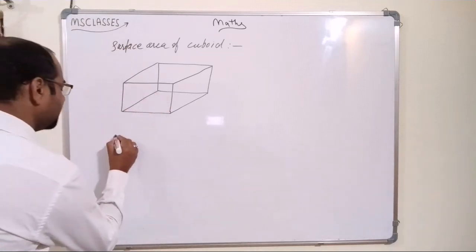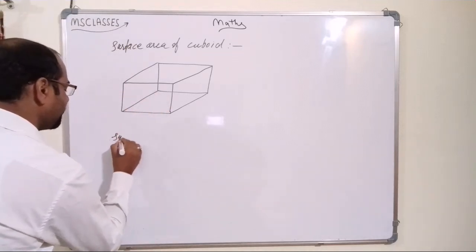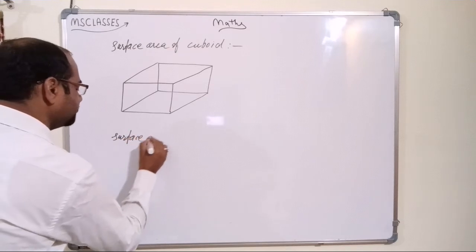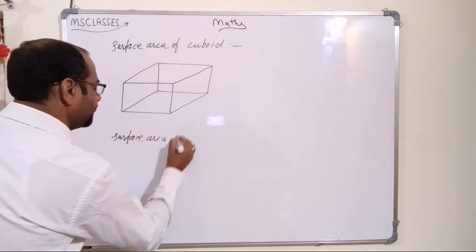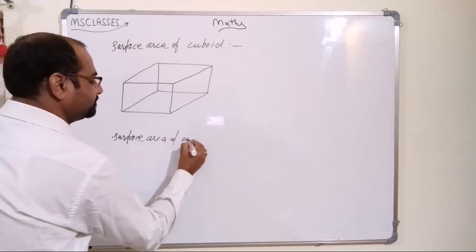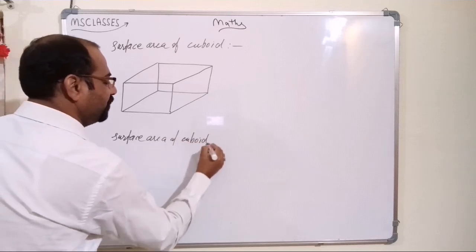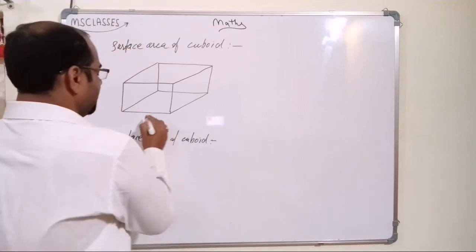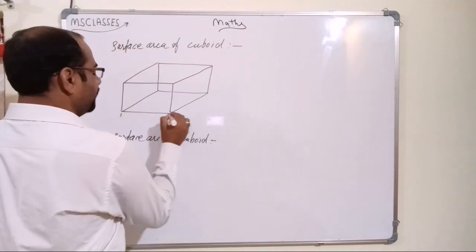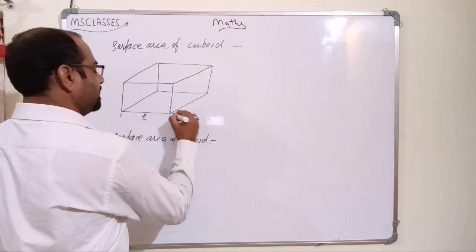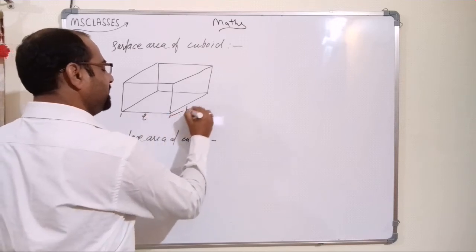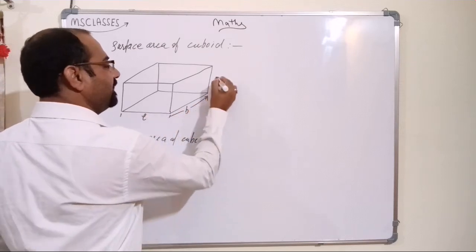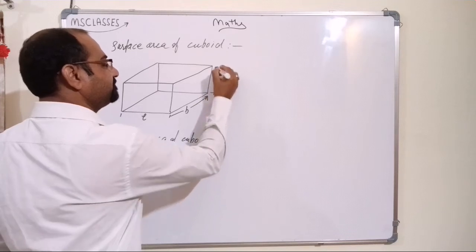So surface area, you have to remember that surface area of a cuboid, again 6. If length of the floor is L, breadth is B and height is H,